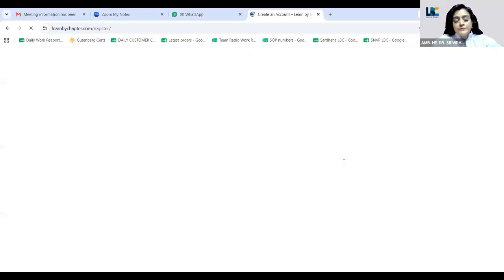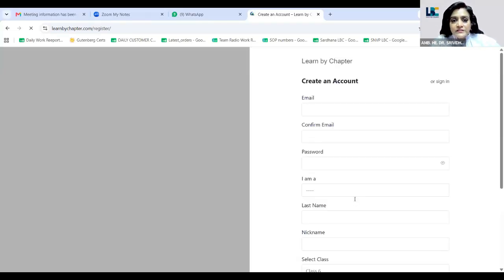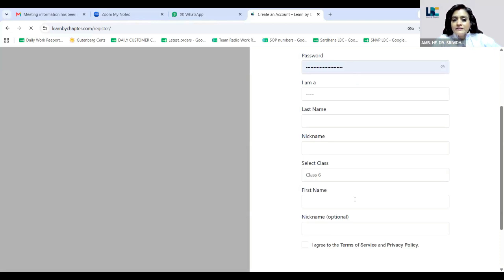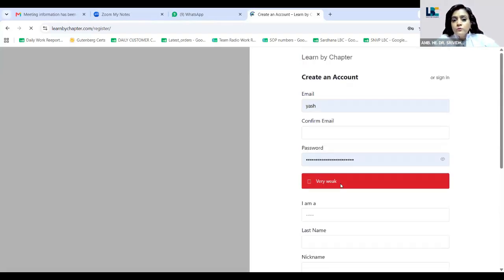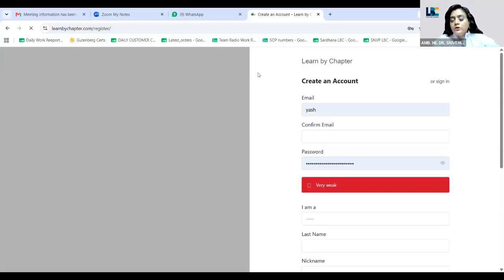So this is the Learn by Chapter website. As you can see, where Ms. Rohini was, that's the welcome page, the home page. You will get access when you create an account. All resources are free. You just have to register here. This is the way to register, as Ms. Rohini is showing now. Create an account here with your email. After registering, you can always sign in. After signing in, you will be able to use the courses.